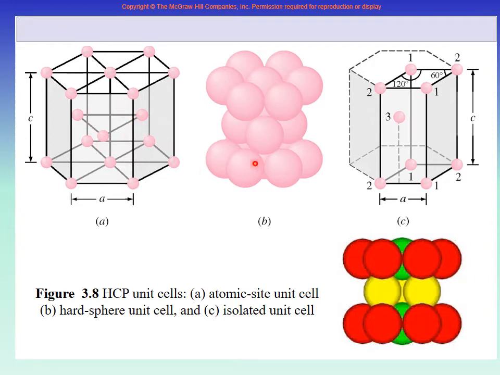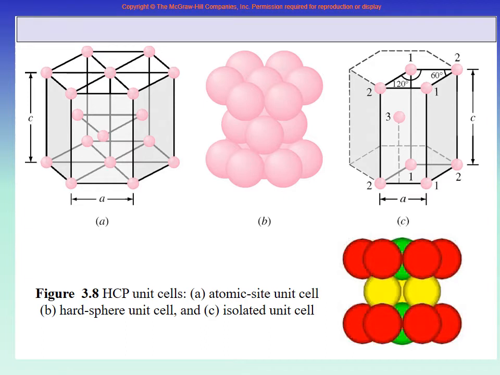So if you try to see how many are touching each other and so on, of course the bottom layer will be touching the middle layer, and the middle layer will be touching the top layer, and in the top layer and so on, this central one will be touching all the 6. So there are 3 layers: this top layer where the center is touching all, this bottom layer where the center is touching all, and in the middle it is touching. If you take any one from here, it is touching the top one, the bottom one, and so on. So you can find out that the total coordination number is 12 and so on.